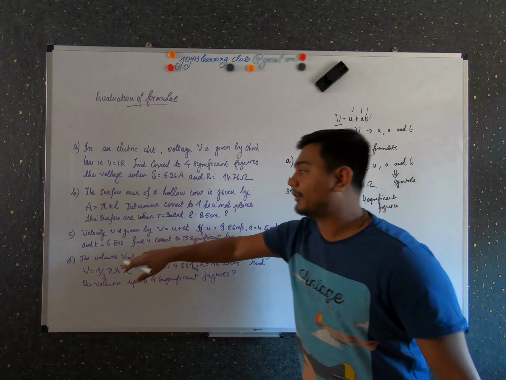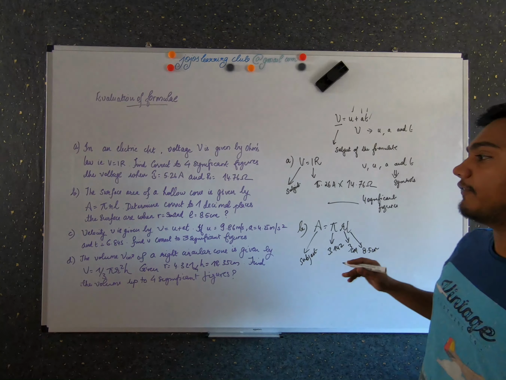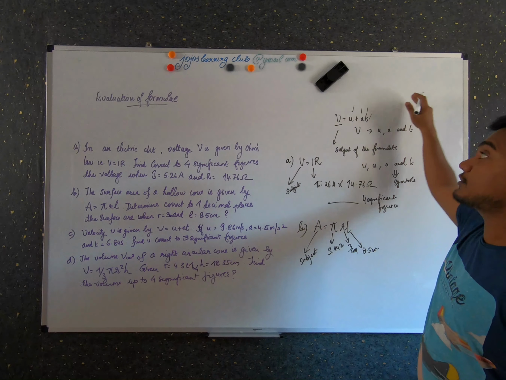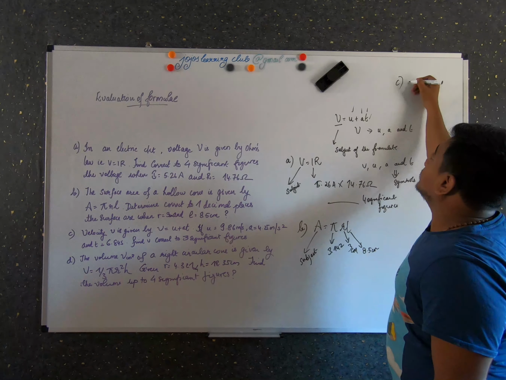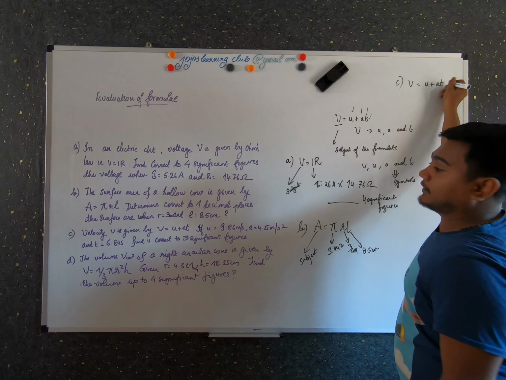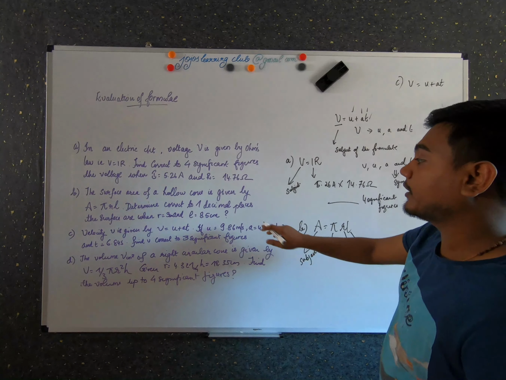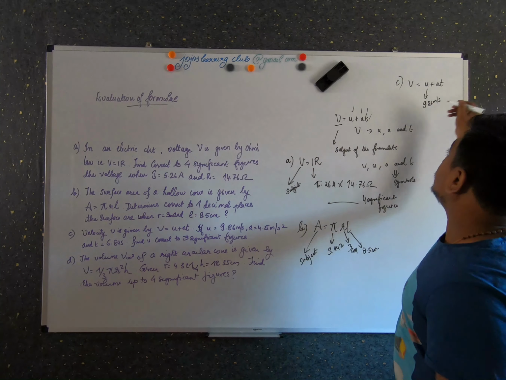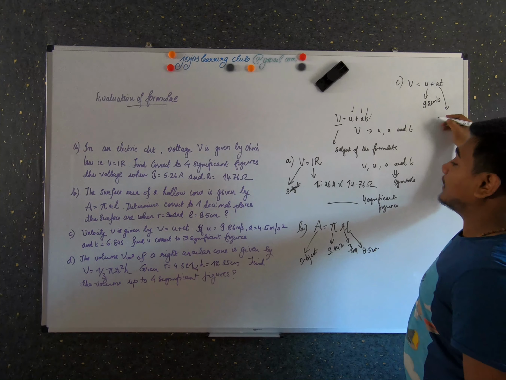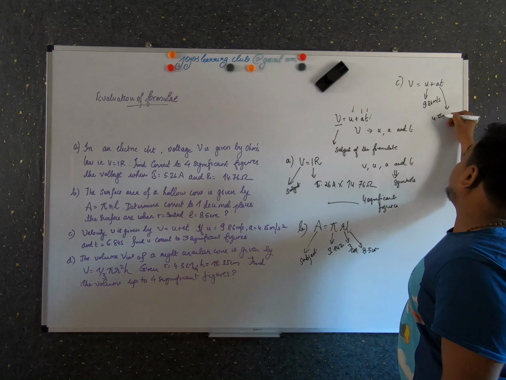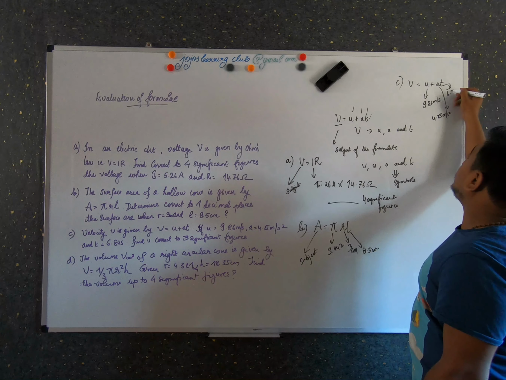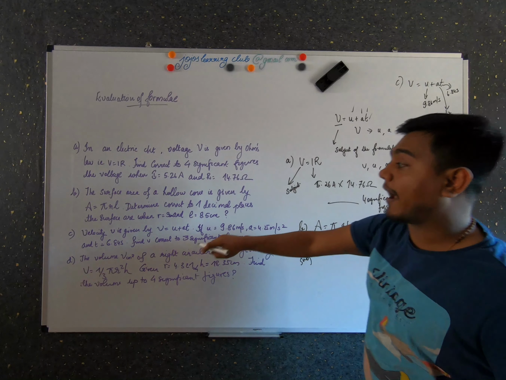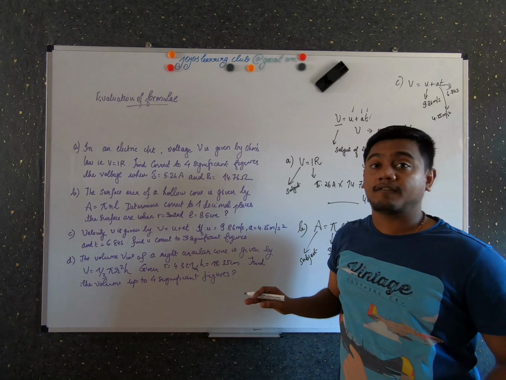That's it. And for the next problem, velocity V is given by, again, the equation of motion which I discussed in the first problem. So the same formula is coming now, right? V is equal to U plus AT. If U is given as 9.86 meter per second, and A is also given. What is A? A is acceleration. Acceleration is given as 4.25 meter per second square. Time is also given. What is the time given? It is 6.84 seconds. Find correct to 3 significant figures.